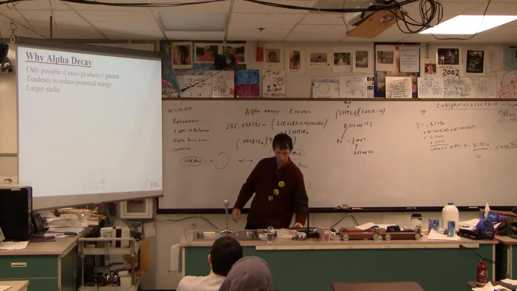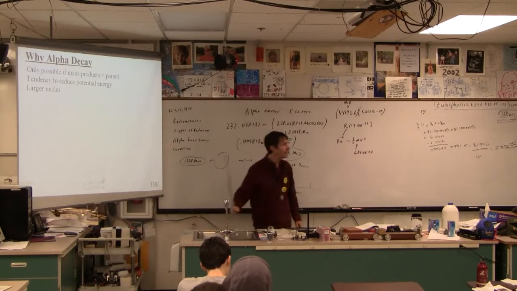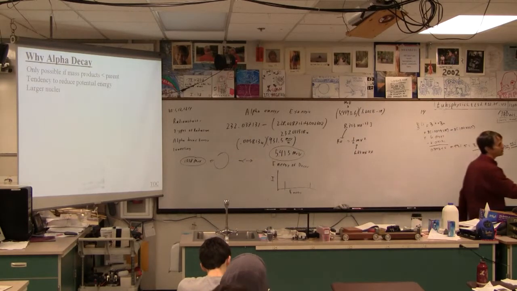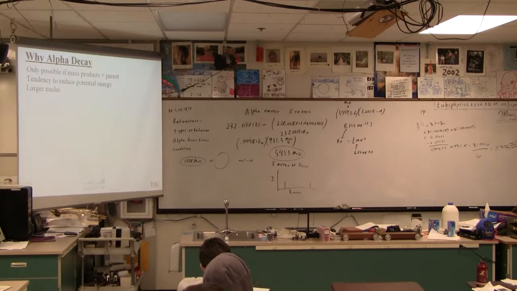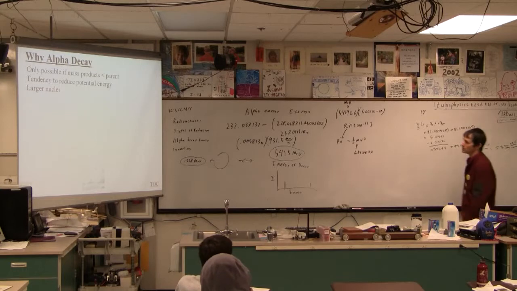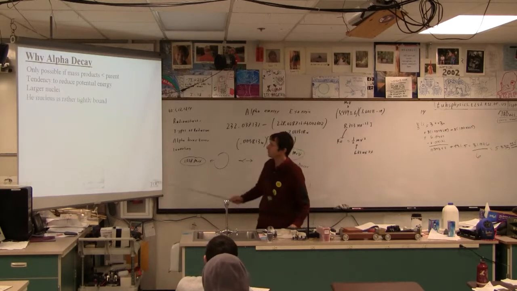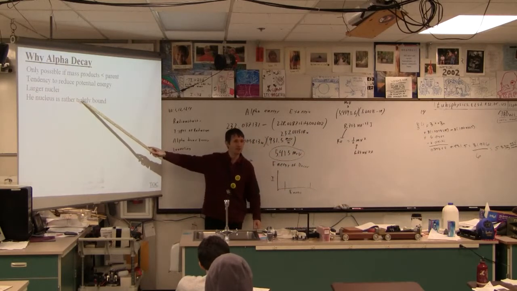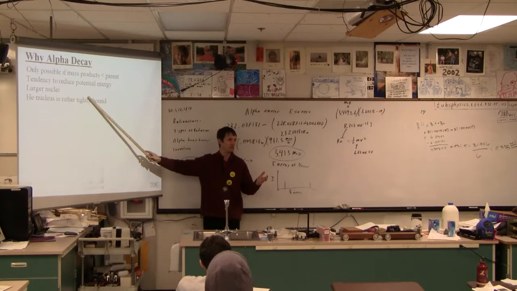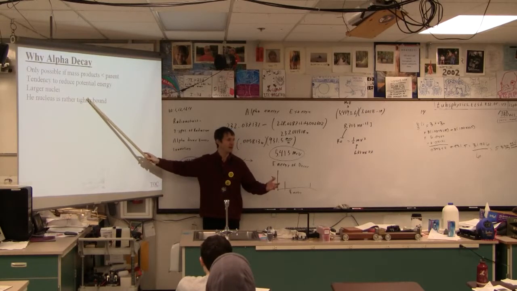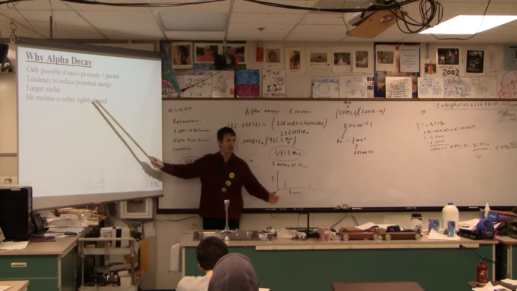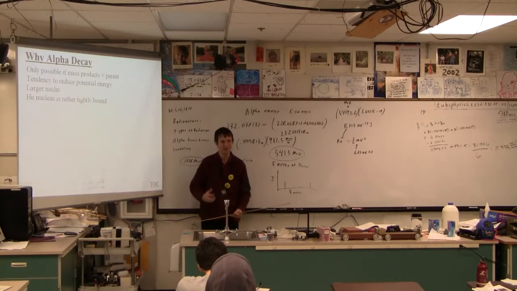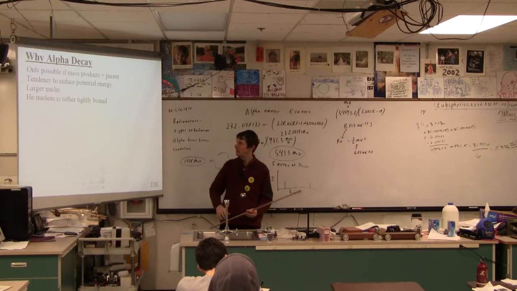Okay, and the thing you need to know about alpha decay is that it really only happens for very, very large nuclei. You're not going to find carbon and oxygen and all these guys alpha decaying because it's just energetically not possible. But these guys like uranium and thorium, right? Those are the ones where it's possible. And the reason that it's possible is that the helium nucleus is itself very tightly bound. So if you spit that out, you're automatically lowering the mass of the right side of the equation, because tightly bound means less mass.